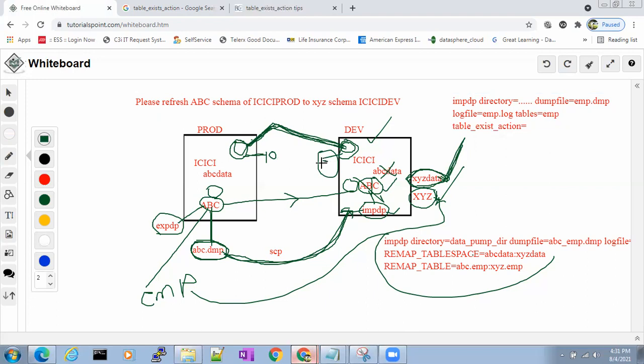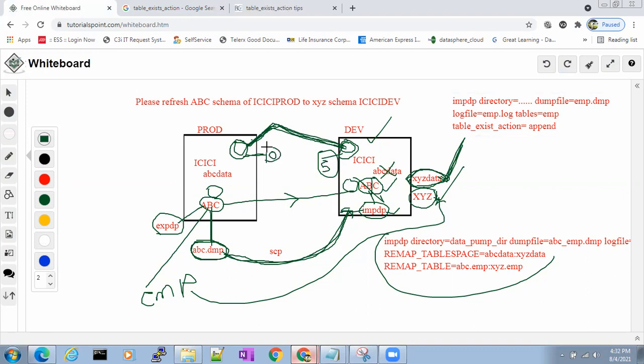Now this EMP table is already having 5 rows here. Now you are using append. When you use append, what happens? If you use append, 5 rows are already there, so it will not skip.